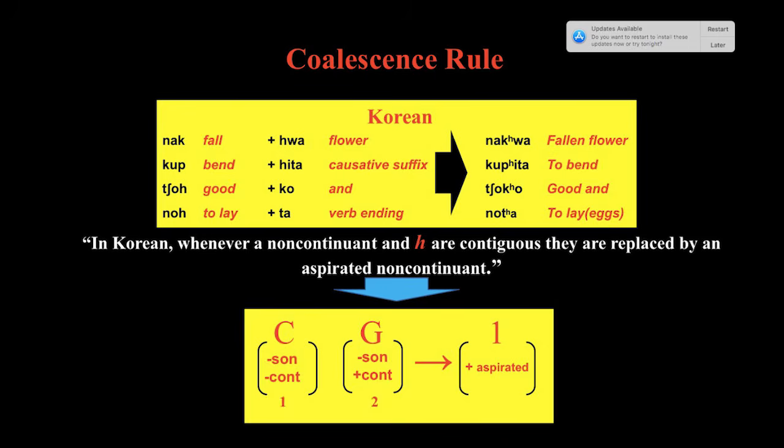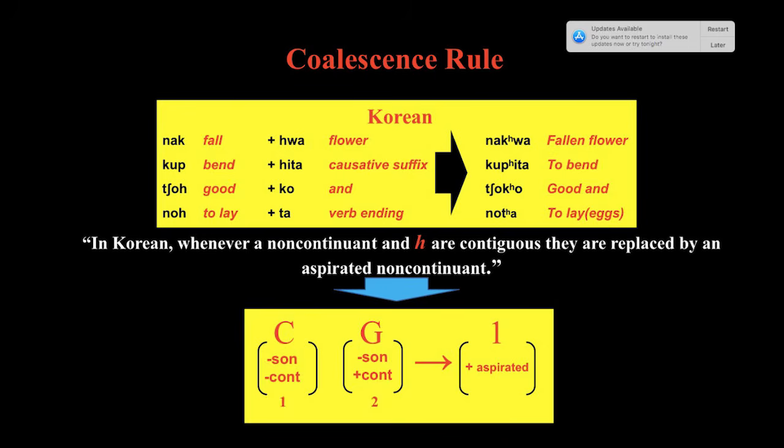Then we write the specifications for the second sound, which is h here, which is exactly a glide, and we enumerate it as number two. And we add the arrow and we show the exact phonetic representation of it. So a consonant that is minus sonorant minus continuant as the first, and adjacent to a glide that is minus sonorant plus continuant as the second,